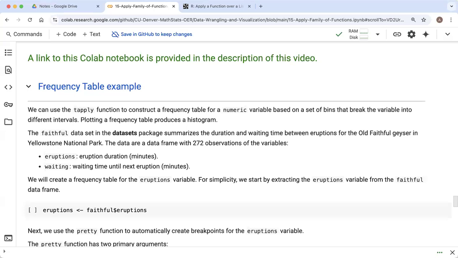Okay, welcome. Let's see how we can now use the tapply function in the context of trying to set up a frequency table. So let's say we've got some numeric variable, a continuous numeric variable, but we want to count up how many occurrences fell between one bin range, how many occurrences fell between a second bin range, and so on. So it's like calculating the heights for each of the bars that we would use in